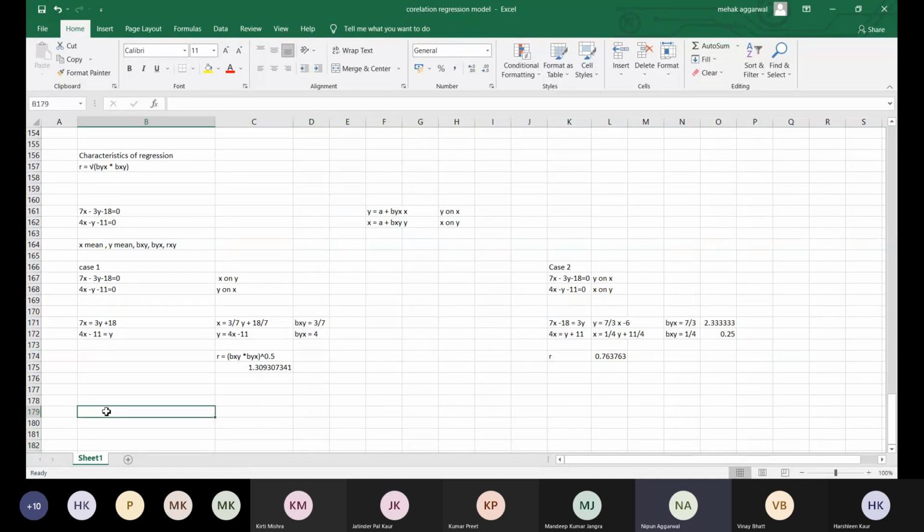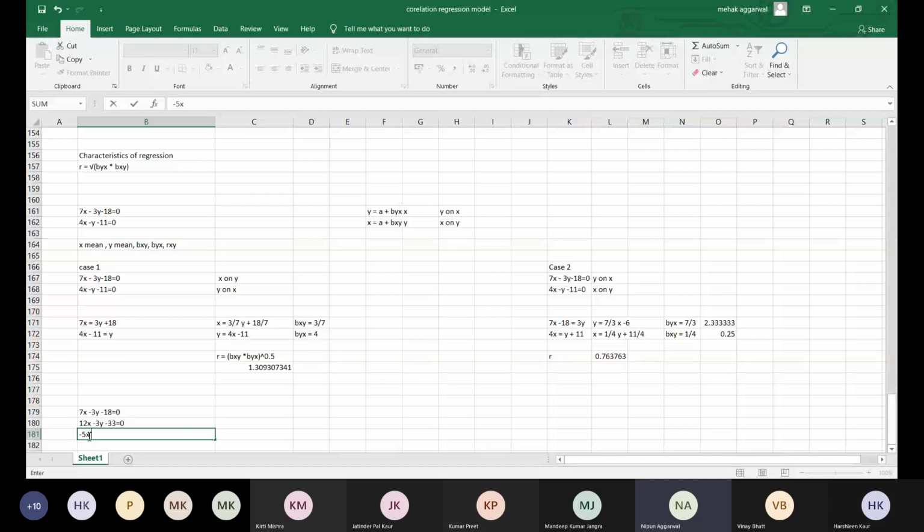So this becomes 7x minus 3y minus 18 is equal to 0. That becomes your first equation. Multiplying the other with 3 on both sides, this becomes 12x minus 3y minus 33 is equal to 0. So this becomes your second equation. Now subtracting 1 and 2 will eliminate y, so we are left with minus 5x